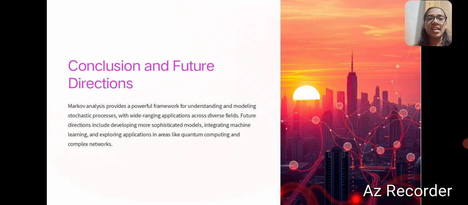Conclusion and future directions. Markov analysis provides a powerful framework for understanding and modeling stochastic processes with wide ranging applications across diverse fields. Future directions include developing more sophisticated models, integrating machine learning, and exploring applications in areas like quantum computing and